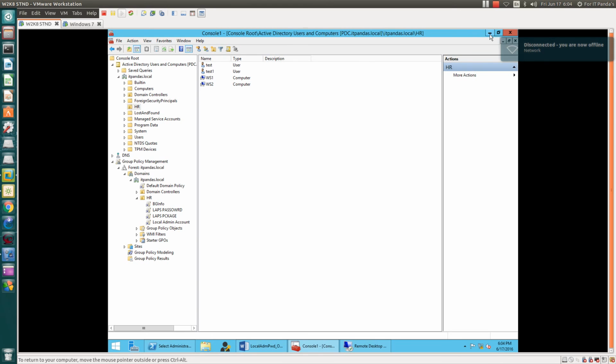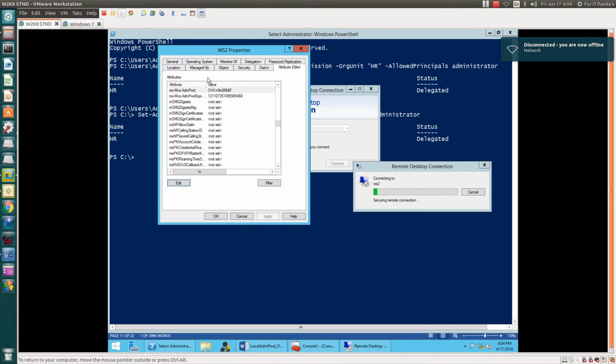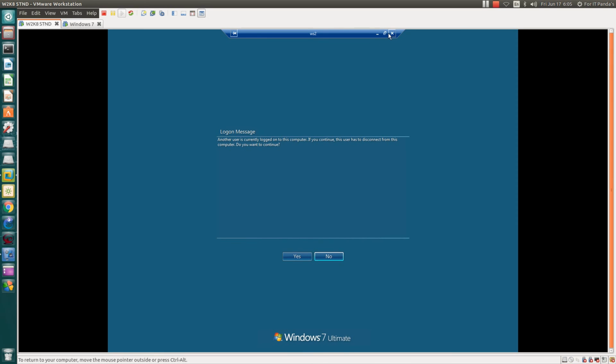Okay, and there are other ways. If you have hundreds of thousands of computers in your Active Directory environment and your local ID says, hey, I want the password for the WS500 computer, the workstation name of that computer, again you have to go here. Let me close this remote desktop.